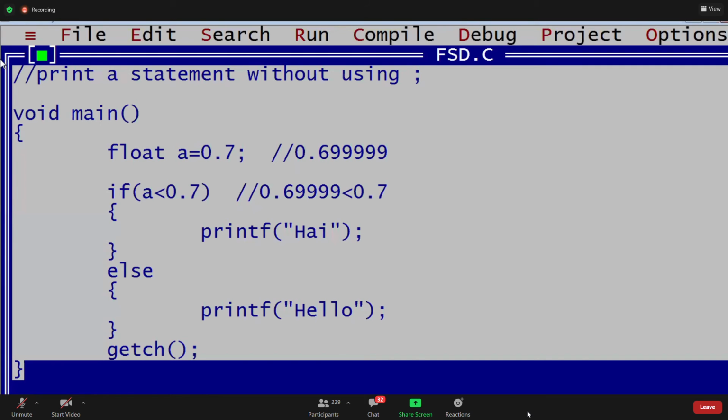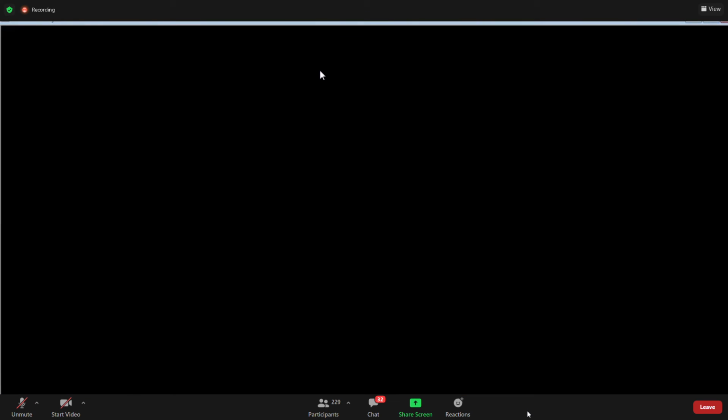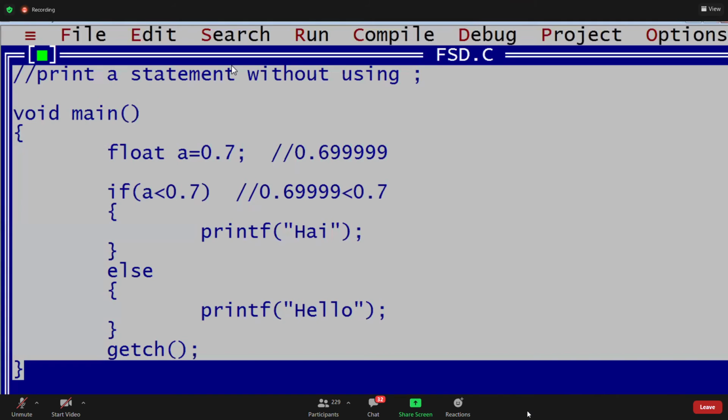Guys, complete? Yes, 5 is the answer. For example, if you write 0.7f, a is less than 0.7f. In this case, now that is false, right?